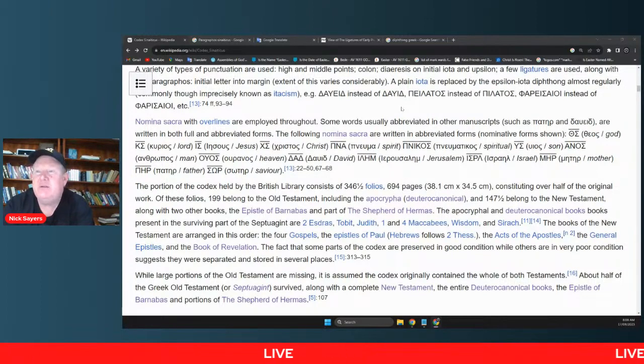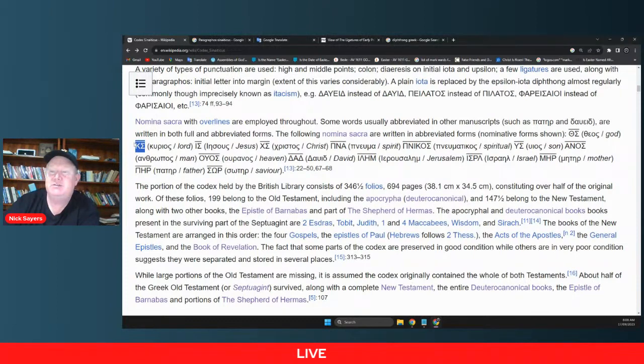And then if you go into nomina sacra in the New Testament, many times you'll just see this type of thing. So you see Kyrios, a kappa and a sigma with a line above it. Now, this wouldn't be written like this in Codex Sinaiticus. It would be more like a kappa and a capital C, because the capital C type letter was the S, but it's changed into this sort of E-looking thing. So that's Kyrios, which means Lord,